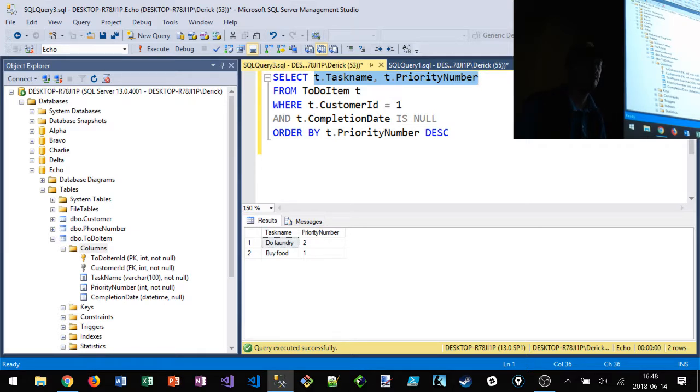Okay. I'm also making, in the where clause, both predicates are T dot something. And even in the order by I'm using it. So I'm actually using that alias all over the place. I didn't have to. I could have left this T off, removed all T dots, and this script would still